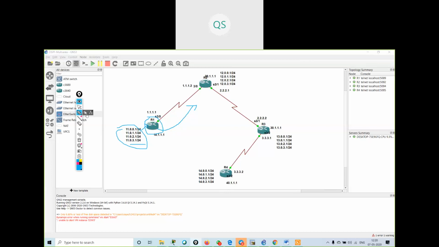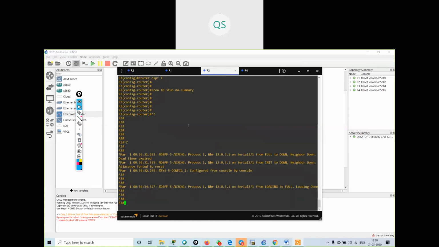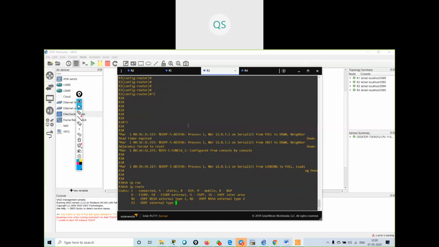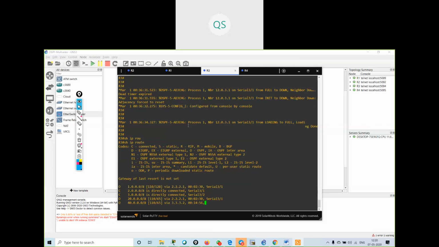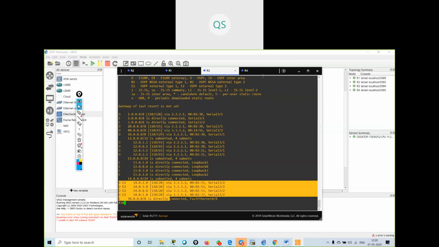You can go and check on all the routers. You can check on R3 also. If I give show ip route, yeah, I'm not getting the 11.network. Rest all the networks I'm getting. I'm getting 12, 13, 14 as my E2 routes. Okay, I'm not getting the 11.network anywhere.